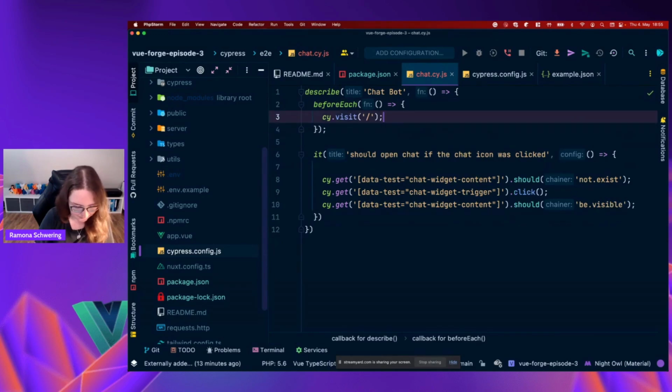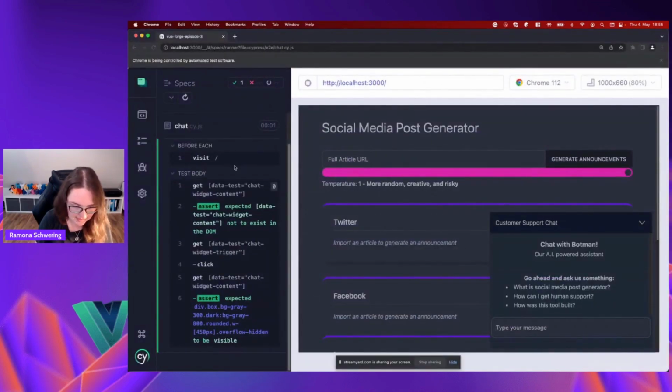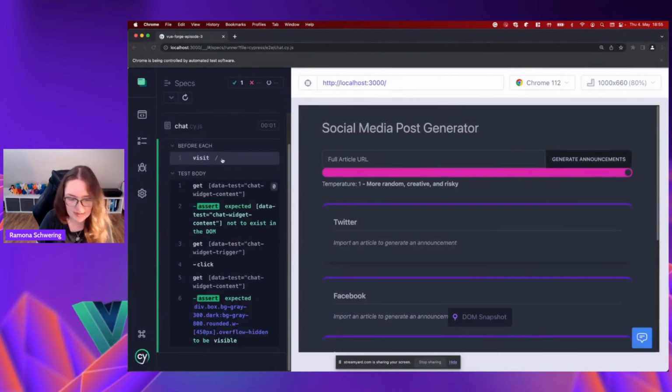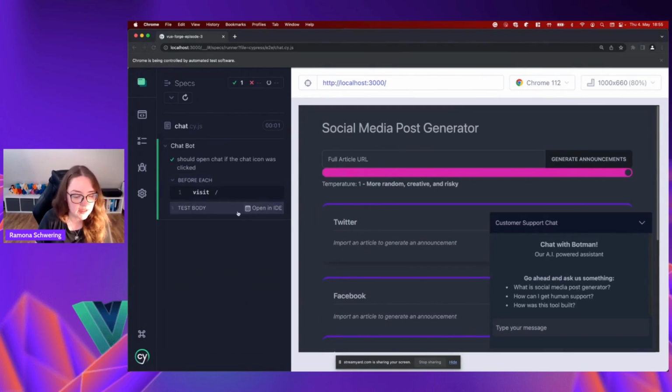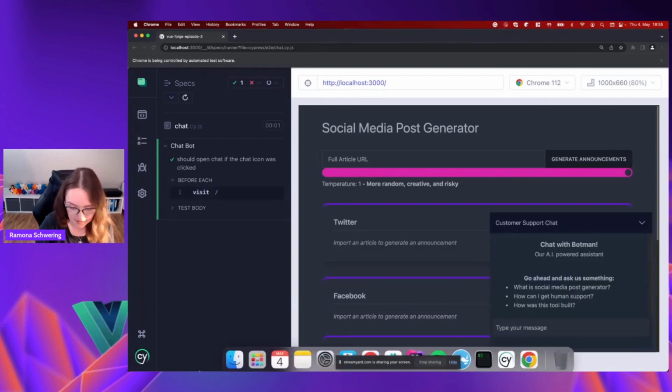Okay. We run the test to see if I didn't mess up, and I didn't. And you see here, there's the before each highlighted inside of the log file, and it's apart from the actual test case. So especially if you want to, for example, create some test data beforehand, this is good to have the separation of concerns here too, because the test should only be one test case, right? Okay,